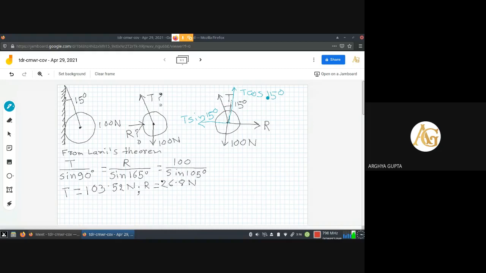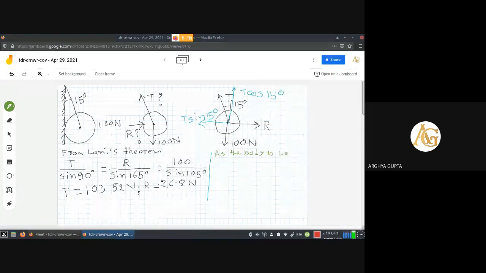The component along the angle is cos 15, and the perpendicular to the cos component is always sine. Now, please follow my steps: as the body is in equilibrium,